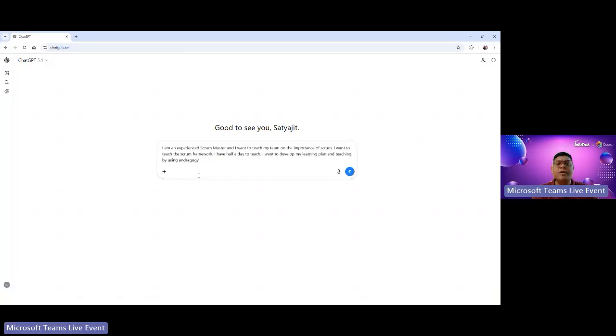Because I'm not teaching kids, right? I'm teaching IT professionals. So the adult learning is completely different than the students' learning. So the adult learning is the andragogy principles, and design the session using